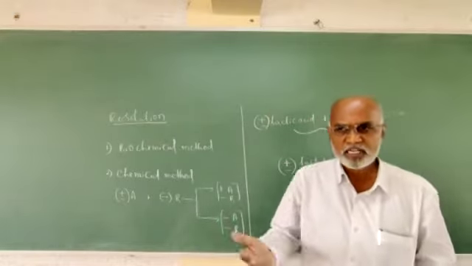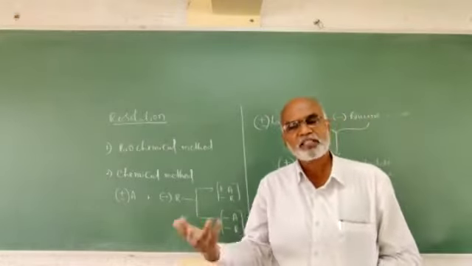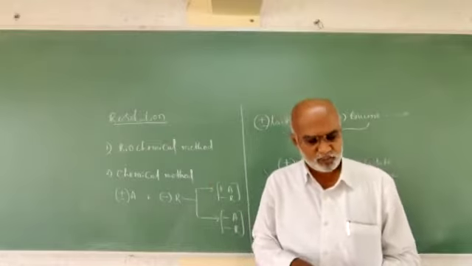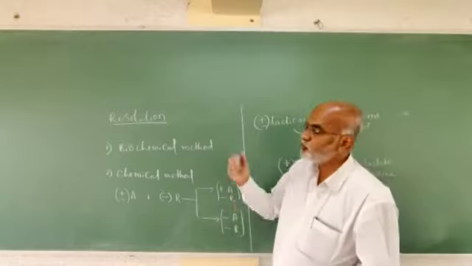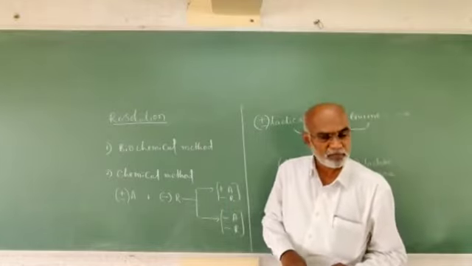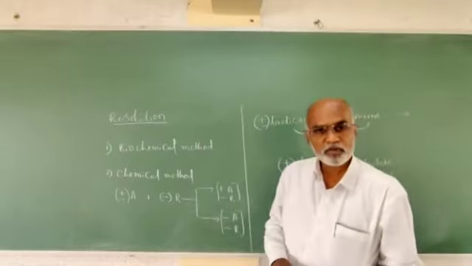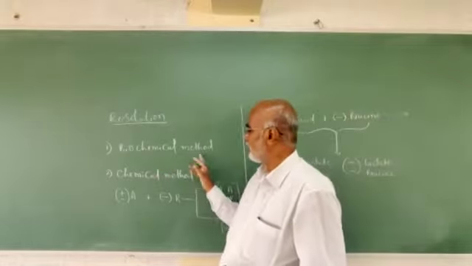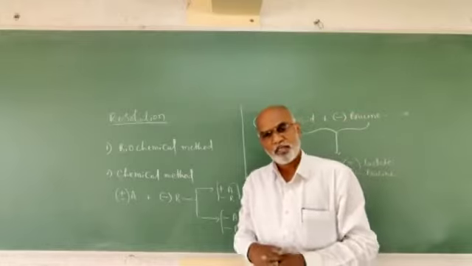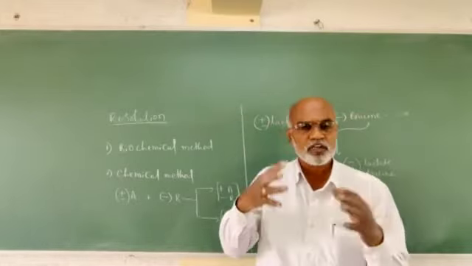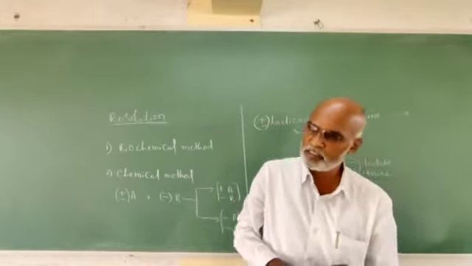Resolution, I mean to say, separation of either plus or minus or both plus and minus isomers from the racemic mixture is called resolution. And resolution can be made by different methods, out of which one or two important techniques are the biochemical method. In this method, we take a racemic mixture which consists of both plus and minus isomers,